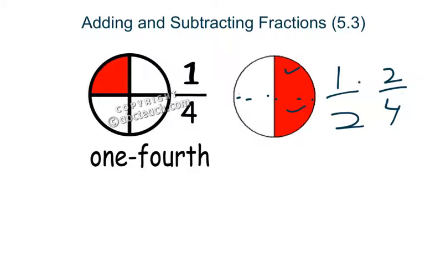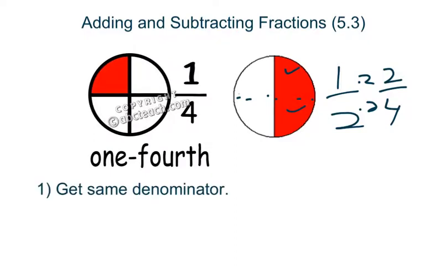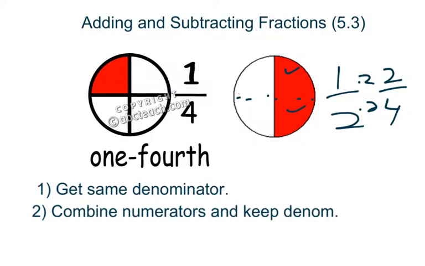And we get that just by multiplying by the same number, so doubling it. So our first step when we add or subtract fractions is just get the same denominator. And then we want to combine the numerators and keep the denominator. So for example, our 1/4 plus our 1/2 became